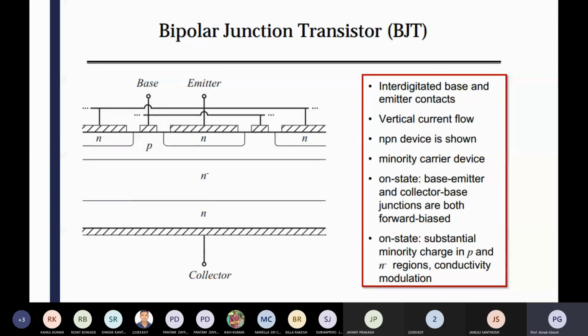Here you can observe the BJT, which means bipolar junction transistor. The BJT is a current control device. Previously I discussed the MOSFET, which is a voltage control device. So in this case, for triggering the BJT, you need to check the current strength of the